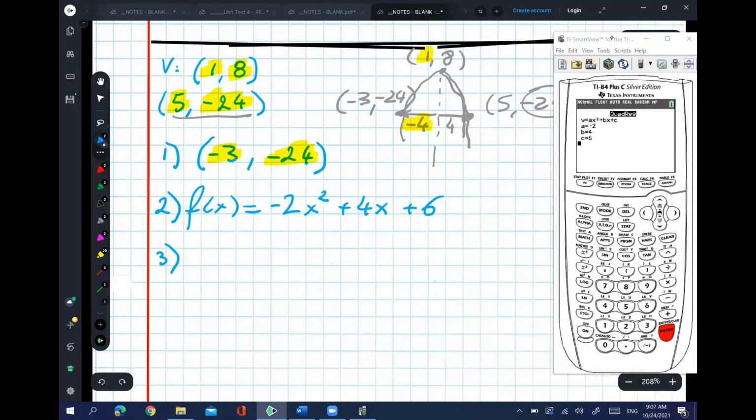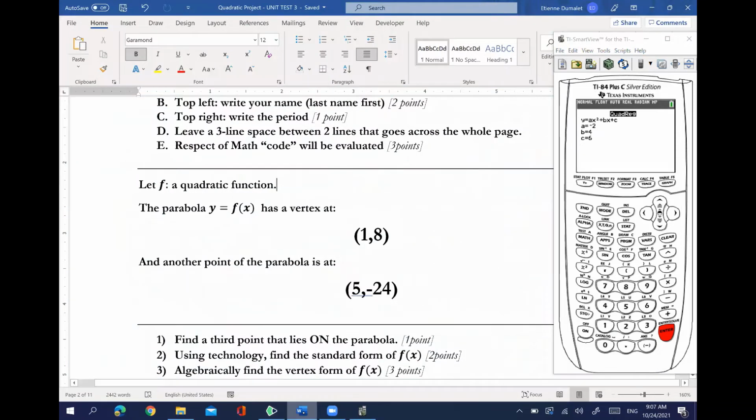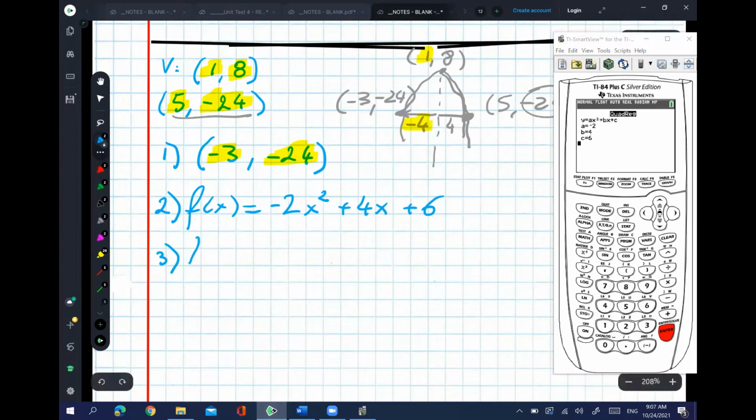Question number 3 asks you to algebraically find the vertex form. Because the standard form is right on top, I'm not going to write it down. To find the vertex form, first I'm going to factor out a, which is -2 here, from only the two